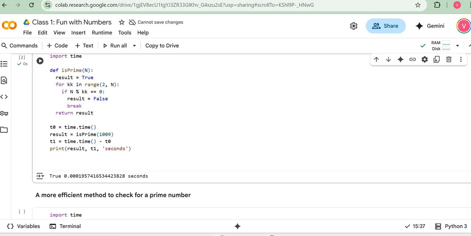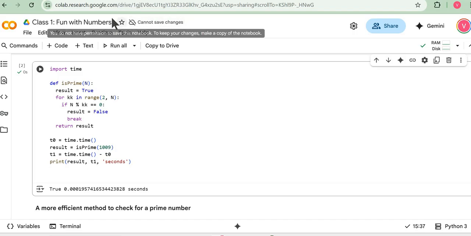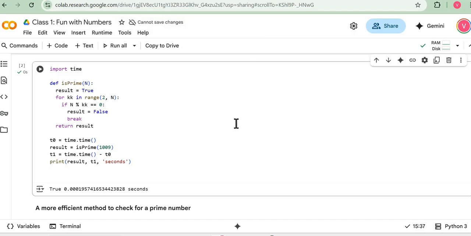So you can run this code. You can in fact play with this. You can tinker with this. However, remember, these changes are not yet getting saved in the drive because you do not have the edit permissions on this notebook, which is perfectly fine. In case you want to change something, you want to edit something, you can always make a copy to your own Google Drive, after which you can change this. Now, this is what we will do in the homework notebook,